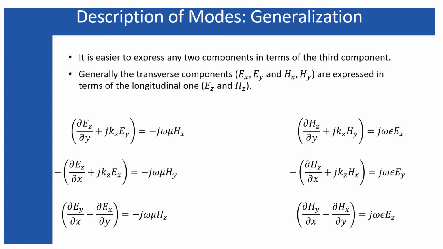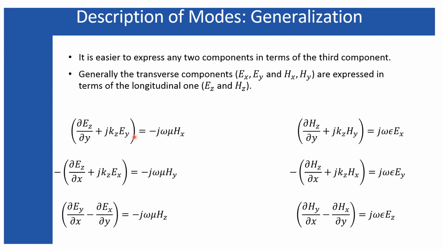As I have assumed that the propagation of the wave is taking place along the z direction, the z dependent part of the electromagnetic field can be represented by that e to the power factor. Therefore, the derivative with respect to z can be performed over that exponential factor, and finally that results in j times kz times Ey for the Hx field, and j times kz times Ex for the Hy field. Similarly, the z derivative is performed for the magnetic field also, and these expressions result.